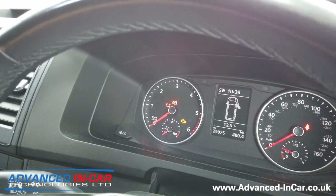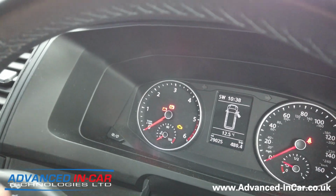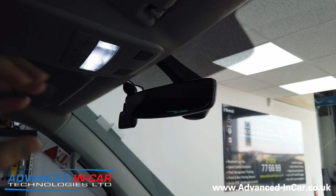So we'll probably be able to do a kit with instructions, but that will be on the listing, but we'll probably start it off as a supply and fit option only. But yes, if you've got this vehicle and want to get in touch with us,